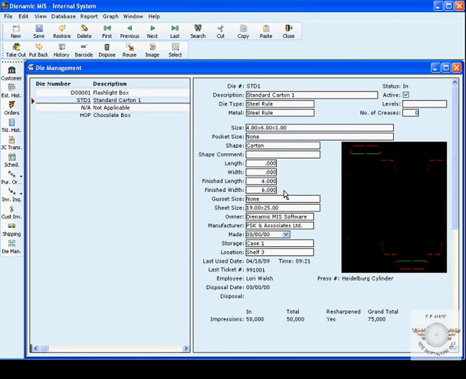The Dynamic Die Management software system also allows a lot of other information to be recorded about each die. It allows a description, the die type, type of metal. This also allows us to record brass, copper, magnesium, so that we can also use the software for our foil and embossing dies. It allows us to record the size of the die, whether there are any pockets, the shape of the die, any shape comments, the open length and width of the die,